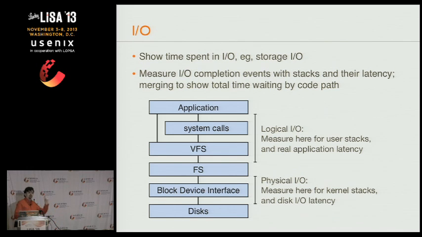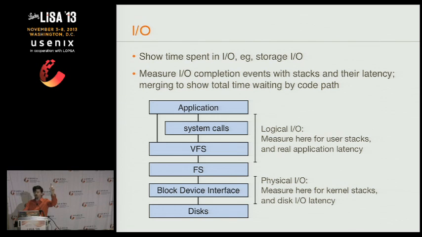There's two types of I/O latency we'd like to measure. Again, sorry for operating systems 101, but I love this stuff. I like writing about it. You've got logical I/O, which is what the application is sending to the file system. That may return out of cache. It may never go to disks. And then you've got physical I/O. We're talking about storage I/O in this case. Physical I/O is actually what's sent to the storage devices, the disks.